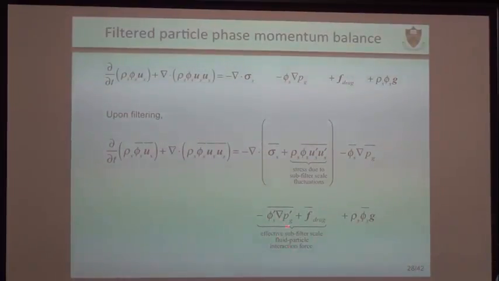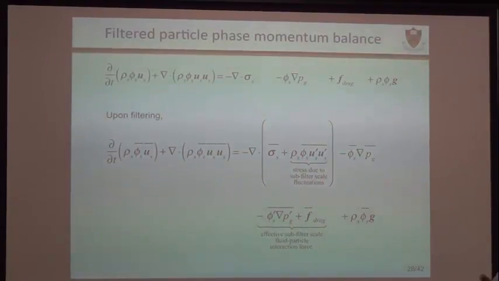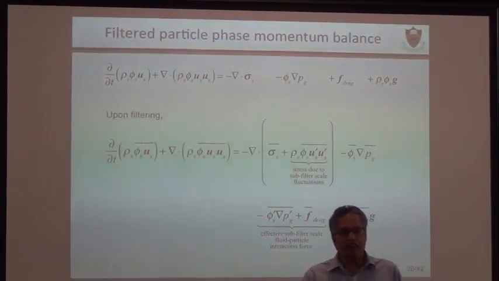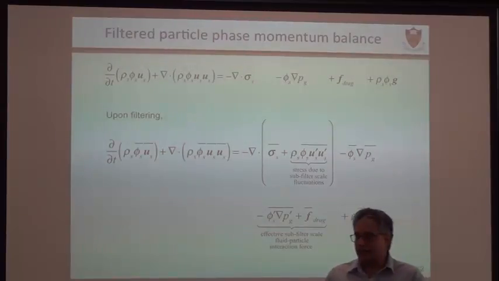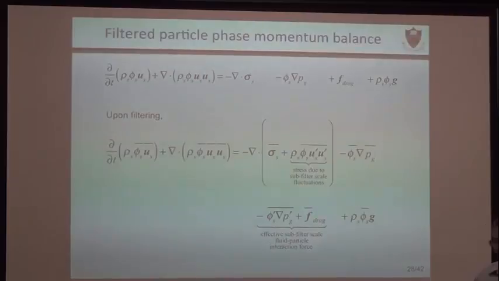And you get a correction to the drag. It turns out in single phase flow, we spend all the time worrying about the effective viscosity due to the turbulence. That's what we worry about: how the turbulent viscosity is much bigger than the laminar viscosity. But in the two-phase flow that we're talking about, that is almost an unimportant question.